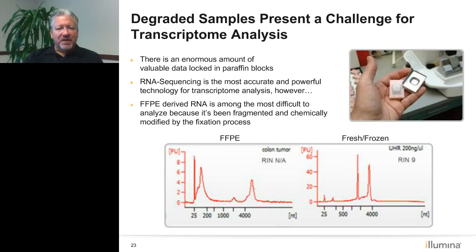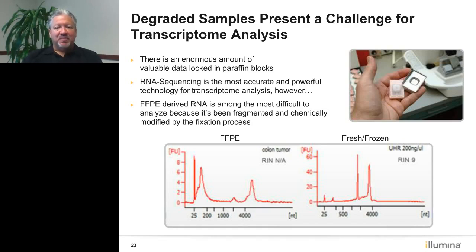And in general, when a surgeon removes a tissue from a patient, this is the way it is preserved for pathologists to look at. The sample is first fixed with formalin for a couple of hours, and then that fixed material is embedded in a paraffin block so that it can be sliced and looked at under a microscope and stained with different histological stains. And also, you have the ability to purify RNA out of those blocks and study them with